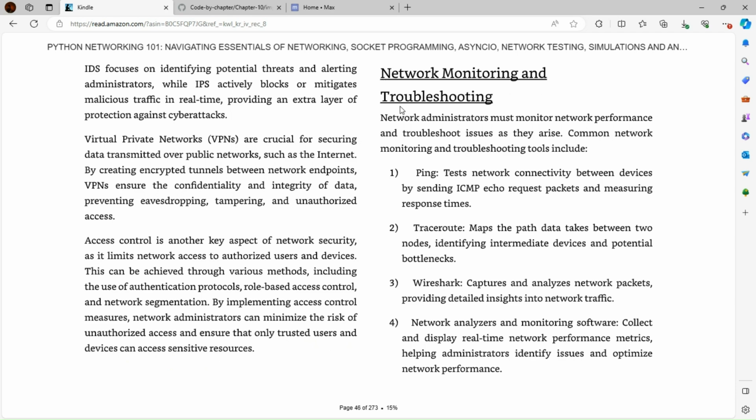Network monitoring and troubleshooting. Network administrators must monitor network performance and troubleshoot issues as they arise. Common network monitoring and troubleshooting tools include ping, which tests the network connectivity between devices by sending ICMP, which is your